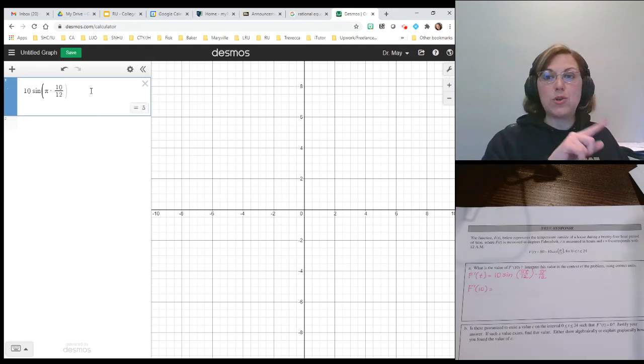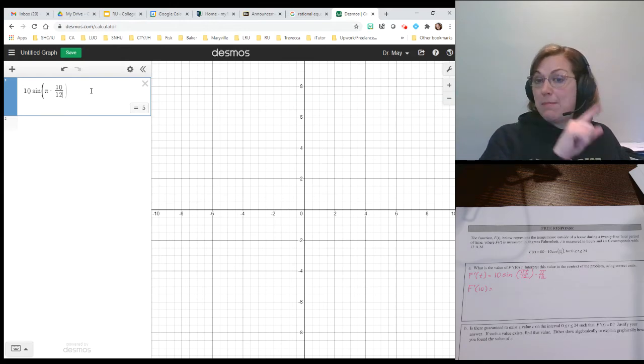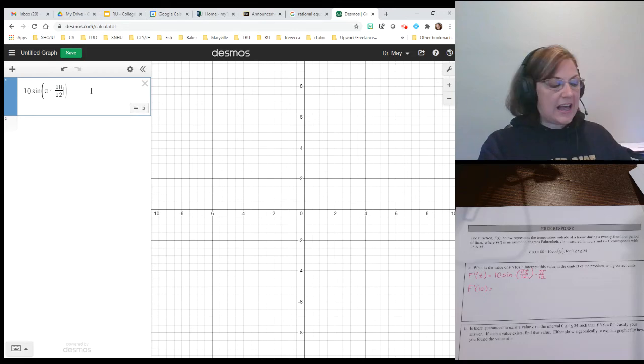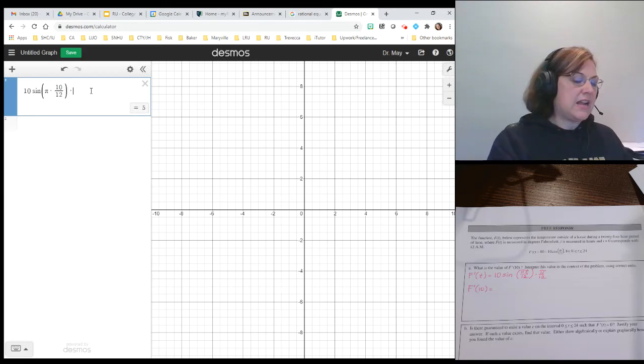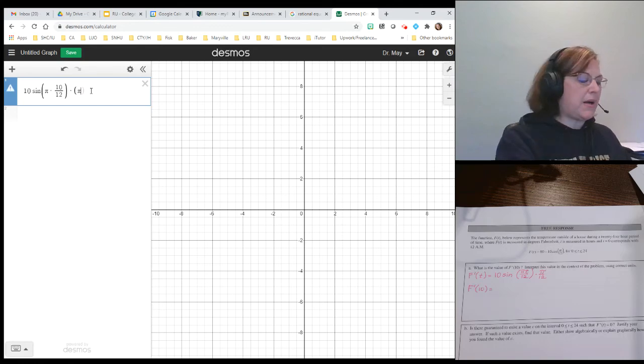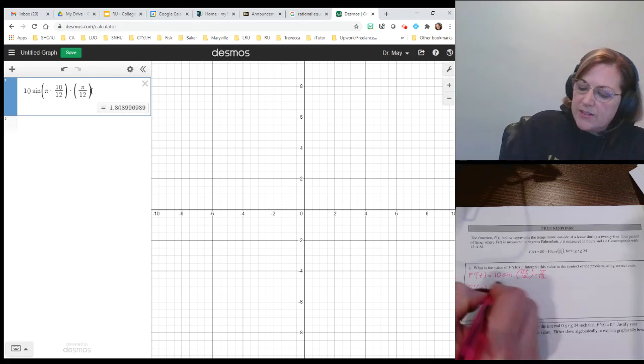Now, friends, it's okay that the pi did not get multiplied by the 10 on the top. It's going to mean the same thing. If you want to make sure the pi gets on the top with the 10, you have to use an extra set of parentheses. Now, I right arrow to get out of the denominator, and then I close my parentheses. Now I'm going to do times another parentheses, pi divided by 12, close the parentheses, and there we go, friends. I get